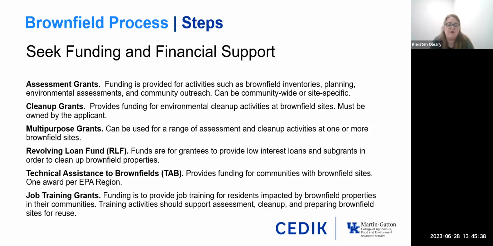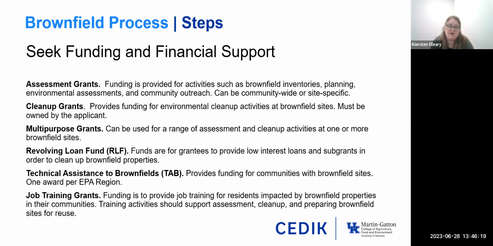Another option is a cleanup grant, and you have to be an owner of the property to apply for an EPA cleanup grant. That's important because you have to have had that Phase 1 and done your environmental due diligence before owning the property in order to be eligible for that funding. Cleanup grants right now at the federal level have 3 levels of funding. I believe it's $500,000, $1 million, and $2 million. And if it's consistent with last year, that's what we anticipate for this year as well.